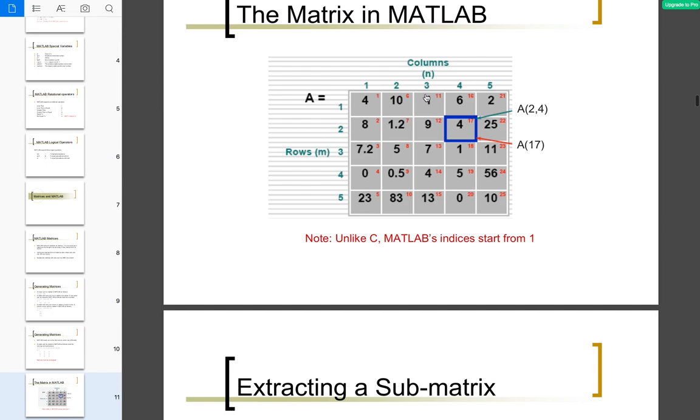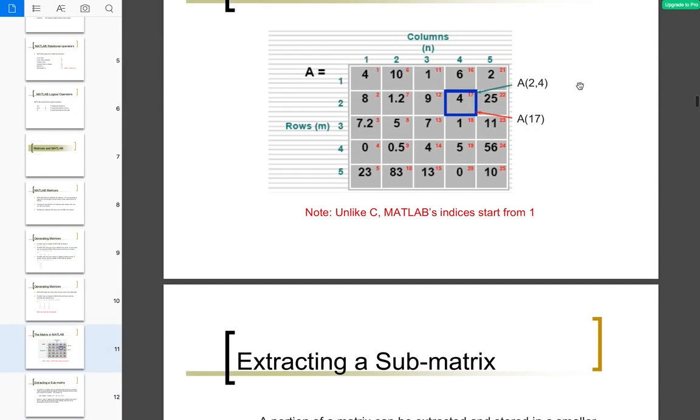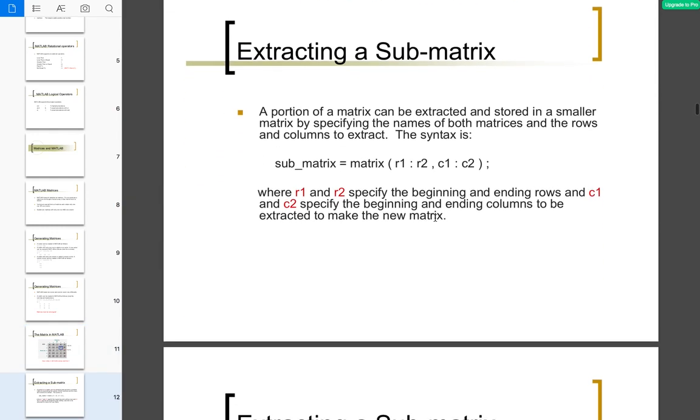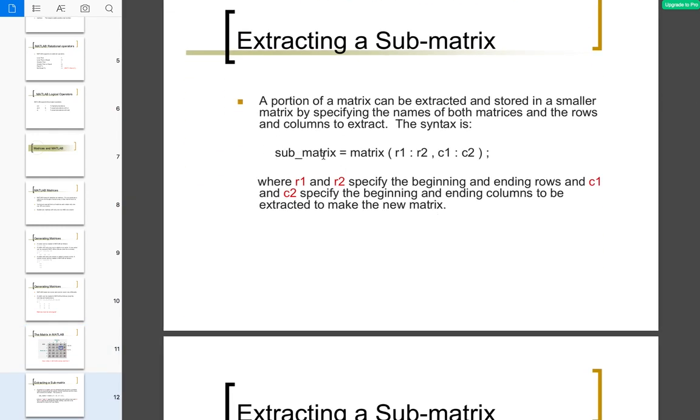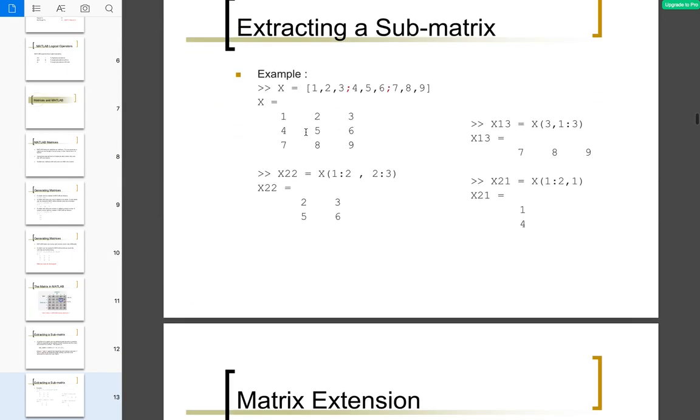Here's the matrix, column, row, and if I want this element, I have to call it like A. This is the matrix A, second row, fourth column. Okay, A(2,4), and you can change it to equal 5 or something. Sub matrix, inside of a matrix there is a sub matrix, you can say. Okay, so the other example, this one and this one,